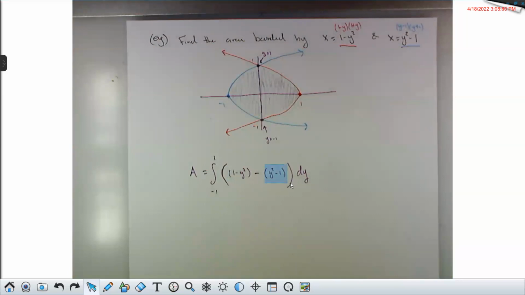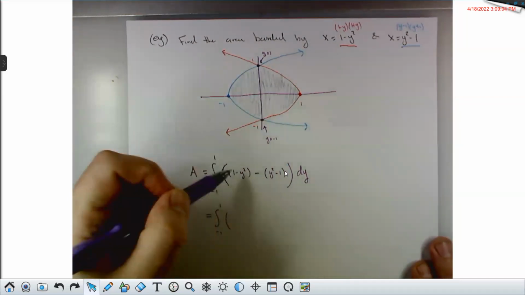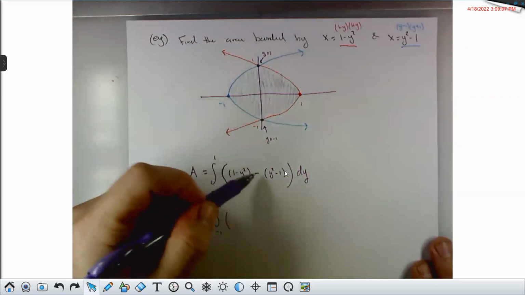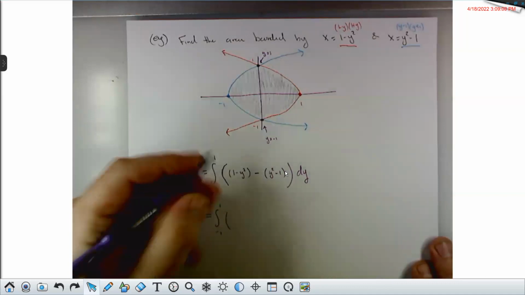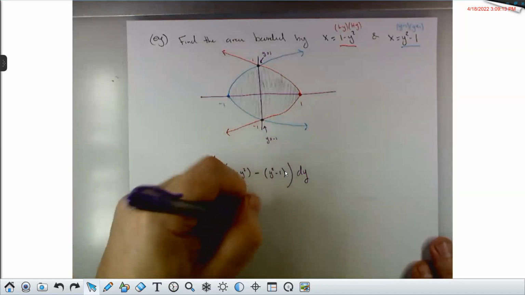I need to subtract this whole function, which means this negative is going to get distributed to these two terms. So make sure you don't skimp on your parens either. So this is the integral from -1 to 1. I have 1 minus y squared plus 1, which is minus 2y squared plus 2